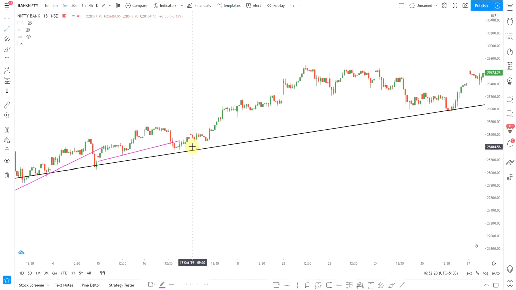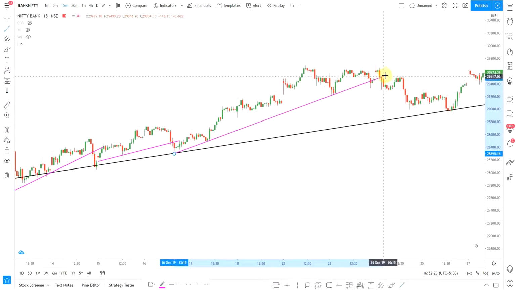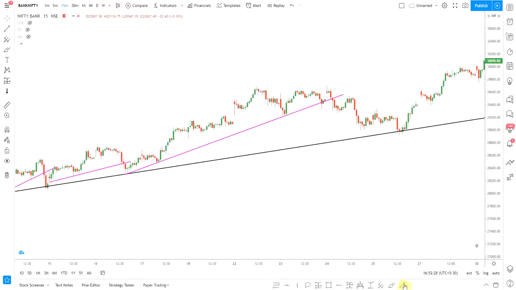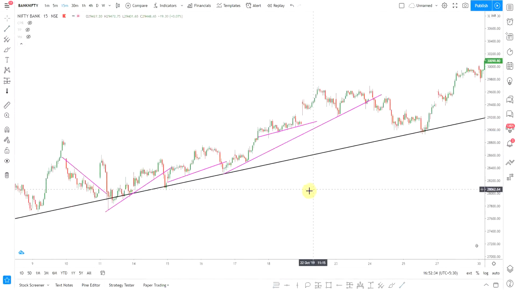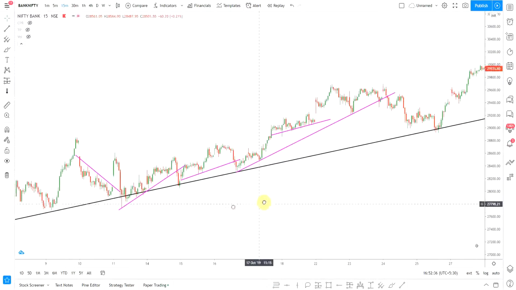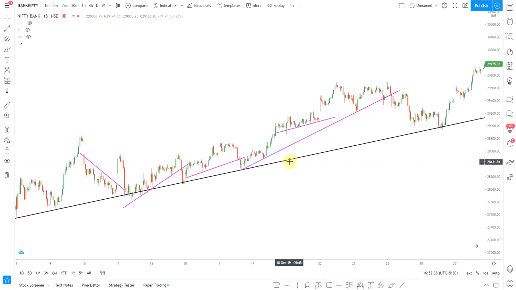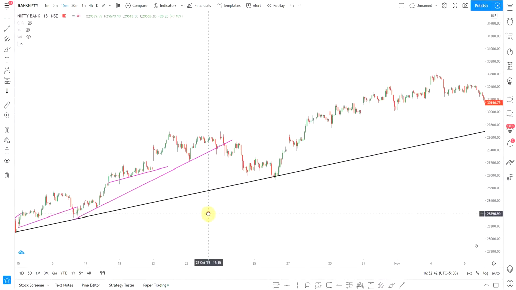Another one here. I think I can join the entire thing. Okay, so as you can see, this is a larger trend line, and I can even make it smaller. Say this. So as you can see, there are many trend lines that I've drawn, but the reason I've drawn so many is so that you can understand how simple it is to just draw a trend line. You don't need to be extremely specific about it.